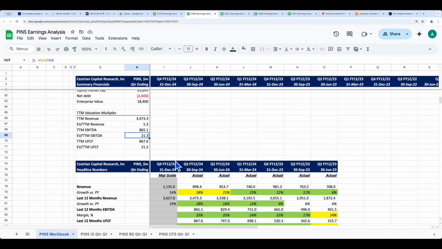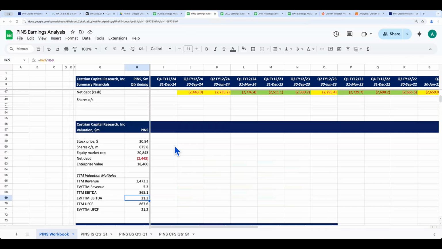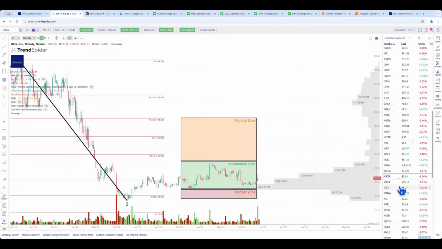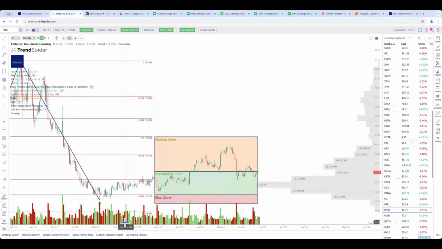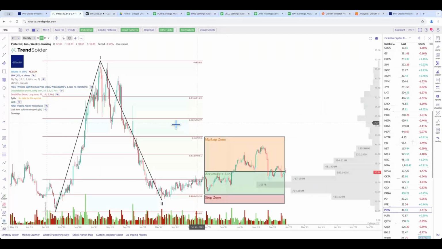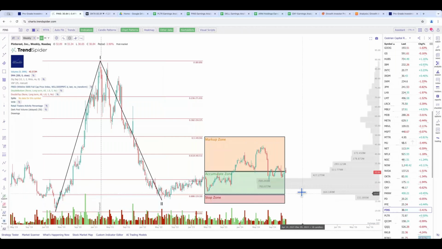So if we look at the chart for Pinterest, again, it looks like the Okta chart. It's almost exactly the same chart. So here's your great big run up in 21, big sell off, 88.6 retrace. Lots and lots of buying in this zone here, which we said at the time between 22 and around $28 a share. We'd said accumulate between 19 and 31. Moved up, put in a peak of around 45, and has since dropped back. But again, I'd be cautiously bullish on this one.